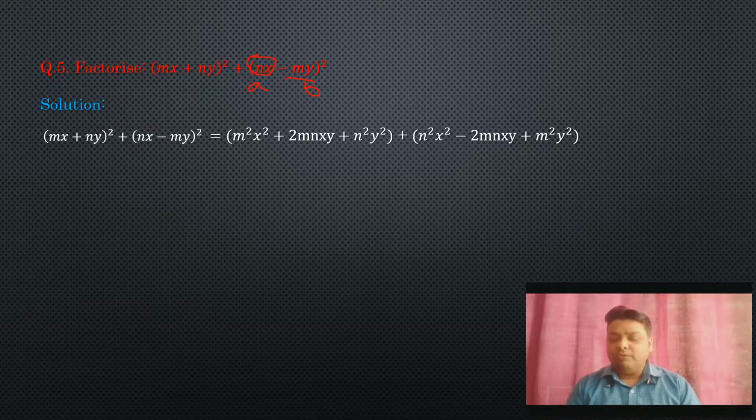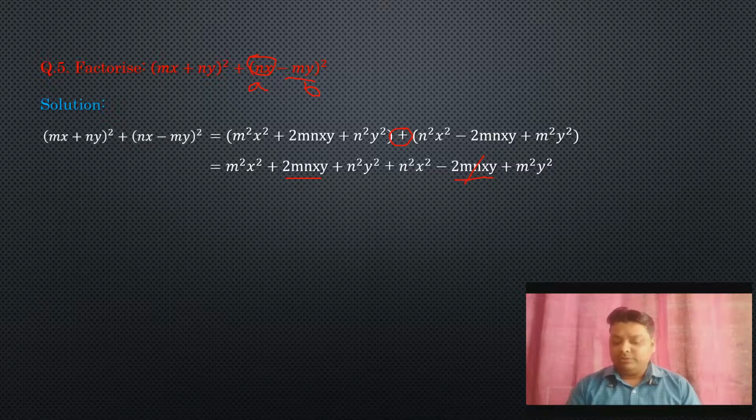Okay, now we will open the bracket. If we open the bracket, you can see in between there is a plus sign, so no sign will change. Okay, directly we will write, but here you can see what is matching, what is the like term: 2mnxy, 2mnxy, both are the same terms, same like terms, but here is a plus sign and here a minus sign, it means we can cut it, we can cut it.